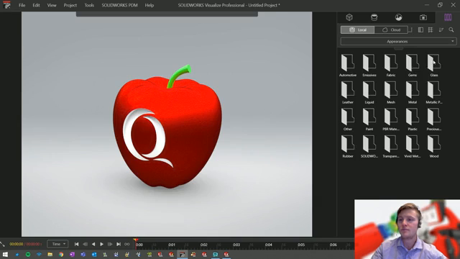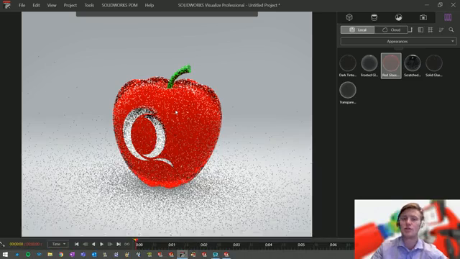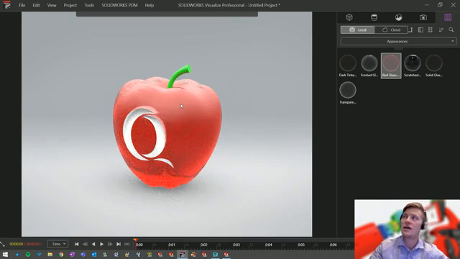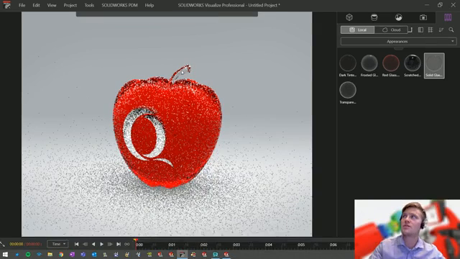So for example, if I wanted to use maybe a glass appearance on the Quapple, that's really easy to do. Just drag one of these glass appearances on there. And you can see as the rendering is processing on my computer, it begins to look more and more realistic as we go along. I can take other glass appearances and maybe drop those onto other parts, like the stem